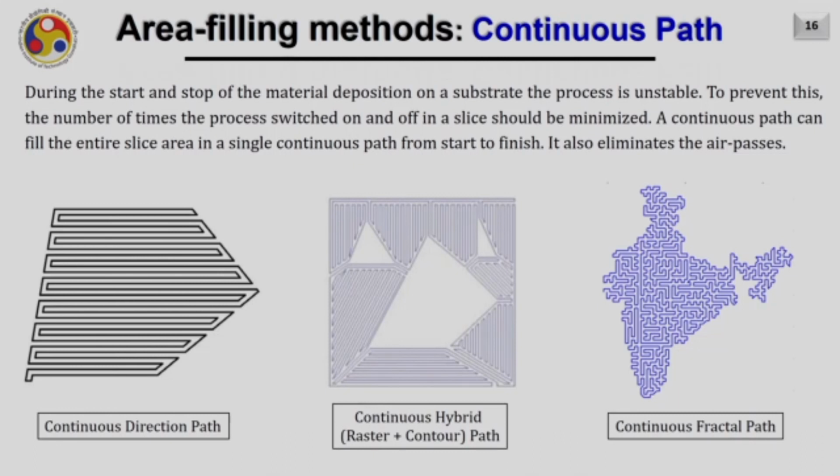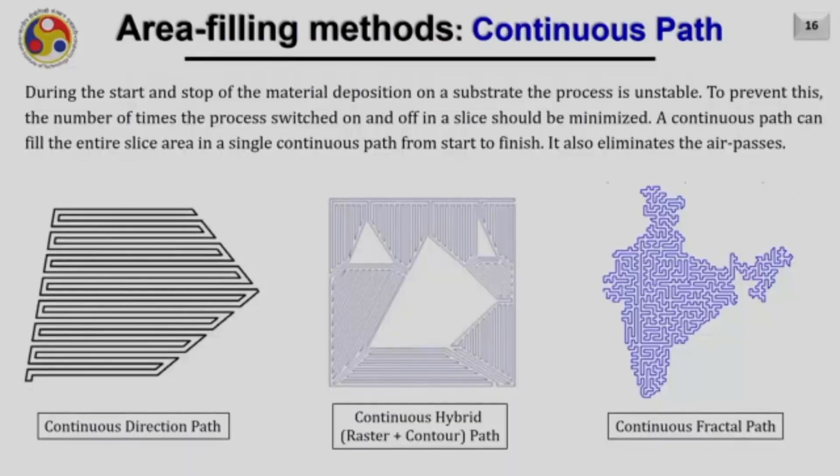So far, what we have discussed, the tool paths were having at least some finite number of lifts. There were some attempts made in which we can obtain the tool path that is continuous in nature. Like I already discussed, during the start and stop of the material deposition on a substrate, the process is unstable. To prevent this,